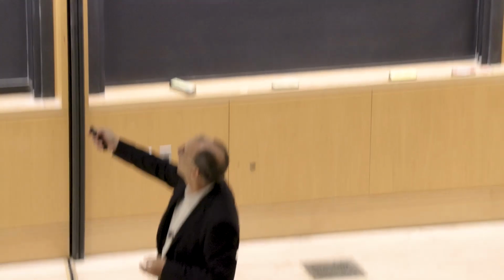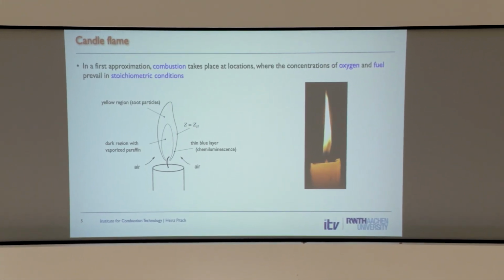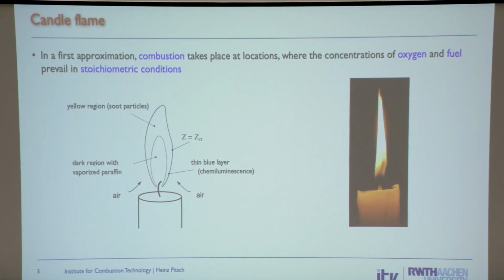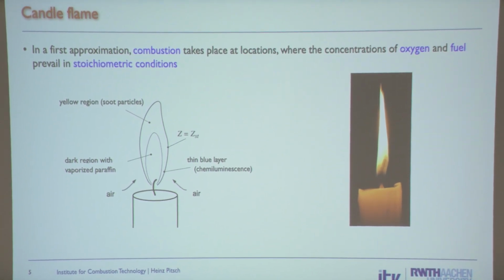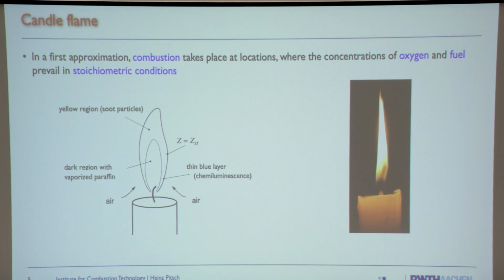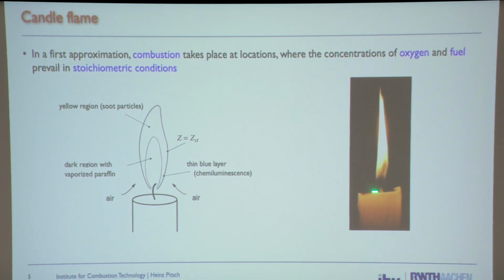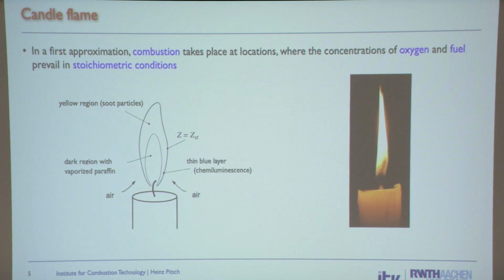Here it's actually shown in this slide. The flame is burning. You see the yellow stuff, we said that's soot, and that soot glows. That's why you get the yellow color. So it's basically black body radiation at a certain temperature, and the radiation is actually quite strong. That radiation heats up the paraffin, the wax here. It melts, and then it goes by capillary forces into the wick, and then it evaporates from there and creates a rich region here and burns then as a